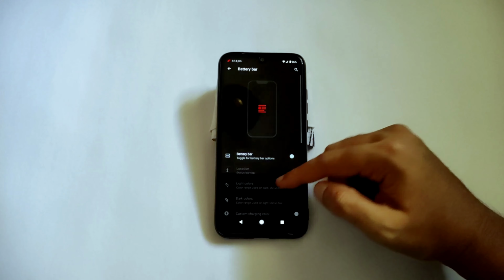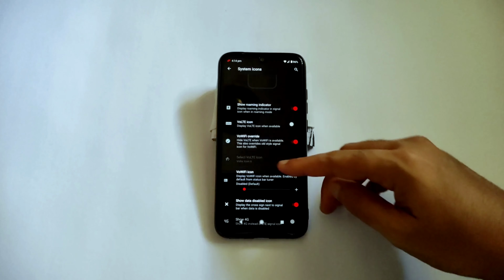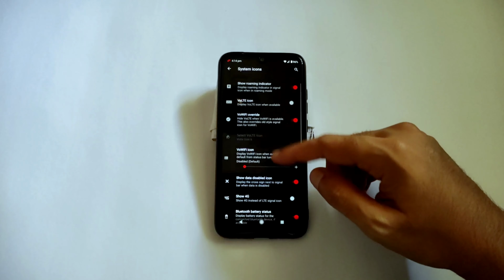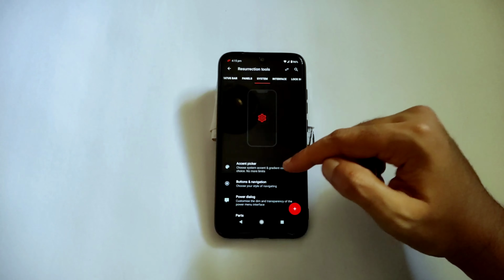And coming to system icons, here you can change the VoLTE icon, show roaming indicator, Vivo Wi-Fi override, Vivo Wi-Fi icon, show data disabled icon. Even you can show the 4G icon, Bluetooth battery status, and VoLTE style signal icon, notification count. These options are present in this ROM. And carrier label, you get all this kind of settings here, and status bar gestures also you can change from here. Coming to panels, you get this kind of settings here, and system settings you get accent picker, button and